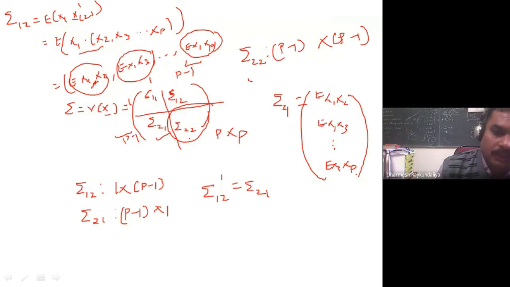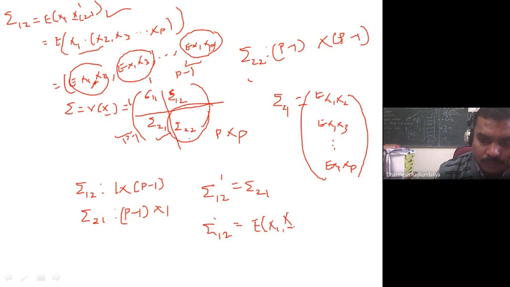सॉरी, यहाँ पे मेरी मिस्टेक है, ये ट्रांसपोज नहीं आएगा, ये बराबर है, this is correct. But when you take the transpose of this, sigma 12 transpose is equal to expectation of x1 x2 transpose. ये ट्रांसपोज है, उसका आप क्या लेंगे, पूरा का ट्रांसपोज लेंगे, तो हम जानते हैं कि वो क्या होगा, चेंज होगा,